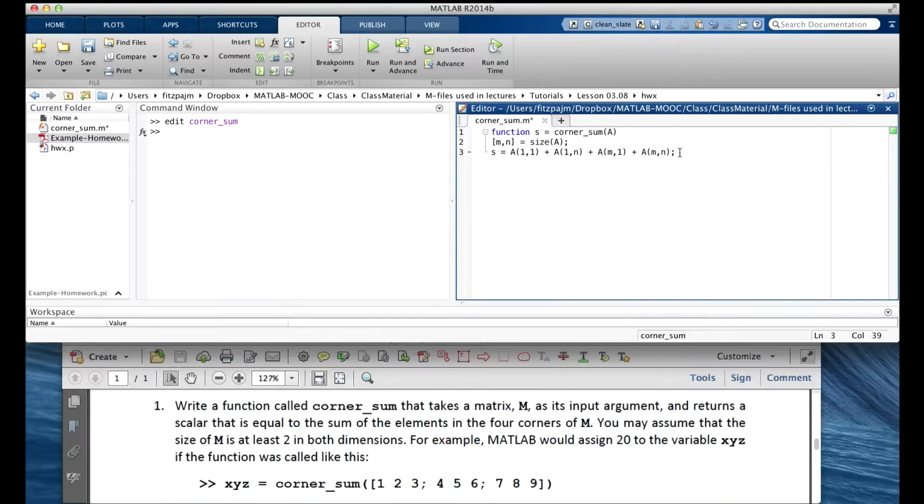So I think, but wait, I got a better solution. How about this? So far it's still the same, but instead of N, I put end. Because end is the keyword that gives you the last element index in the position that you put it. So I put it in the column position, and it will change to this N, the last element of the column. And it works for the row too. And it works for both of them at the same time.